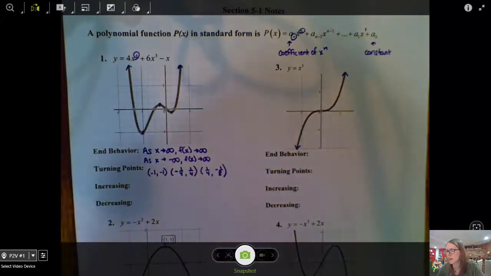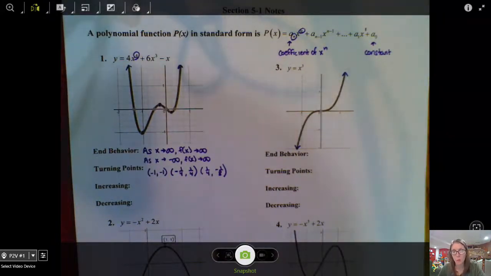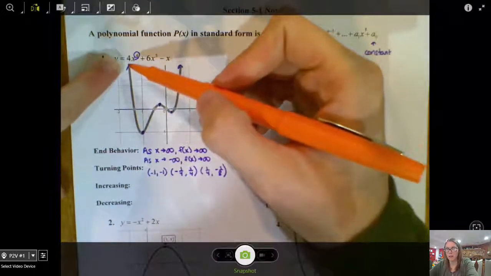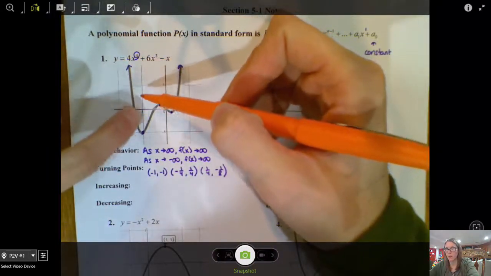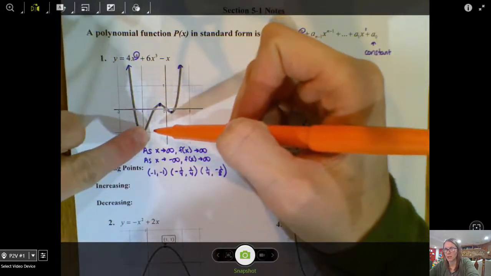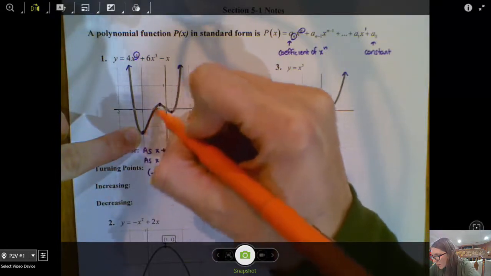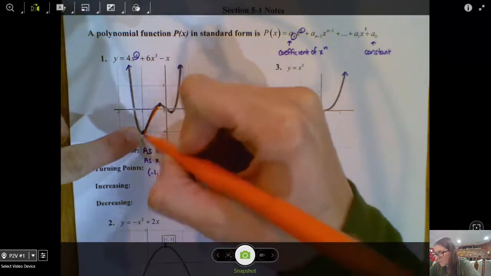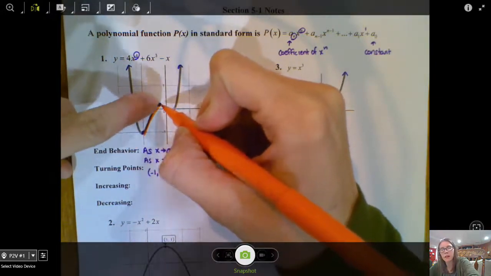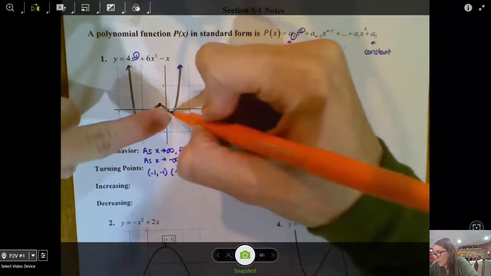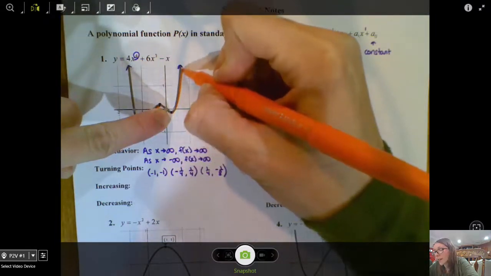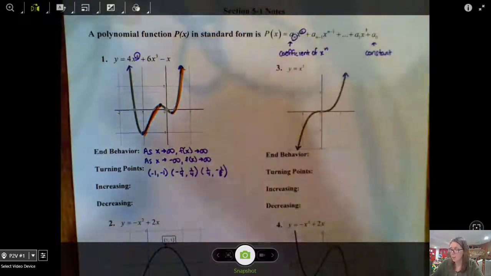We'll see later on. Then we also want to describe where our function is increasing. So where are our y values increasing? We read this going from left to right. If I start at the far left here, my values are decreasing. My function's going down. Then as soon as I get to this turning point, from here to here, my y values are increasing. And then we decrease again. And from here on, and forever, we'll be increasing again. So we are increasing